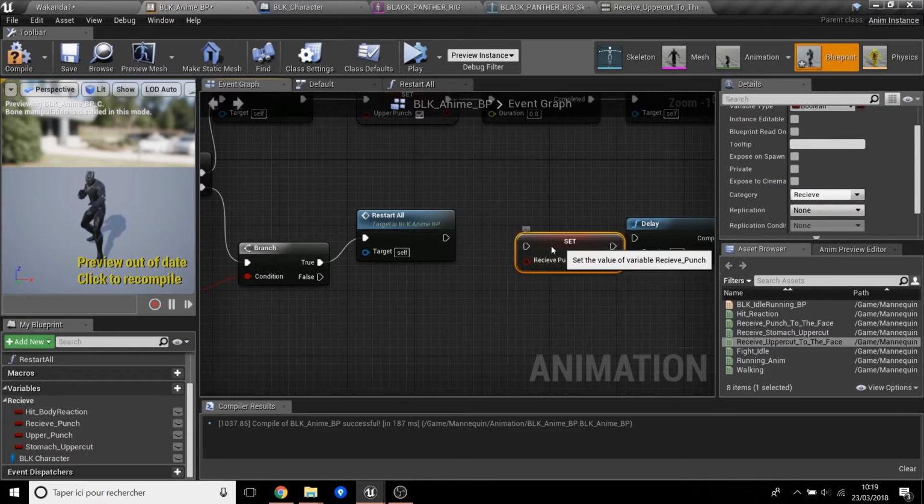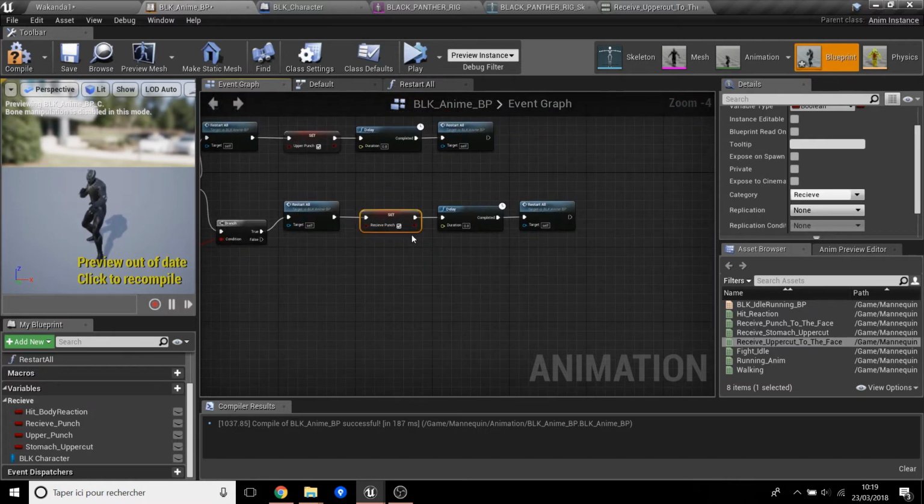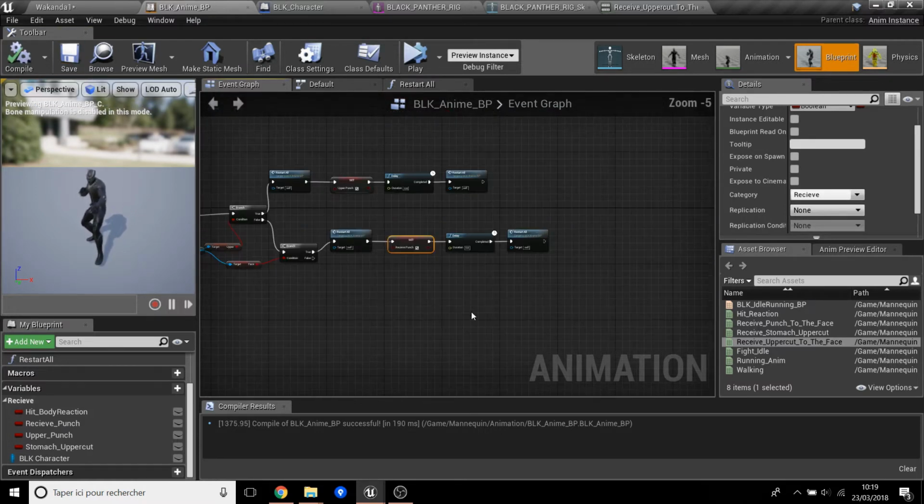Set receive punch, boom, and now it's ready.